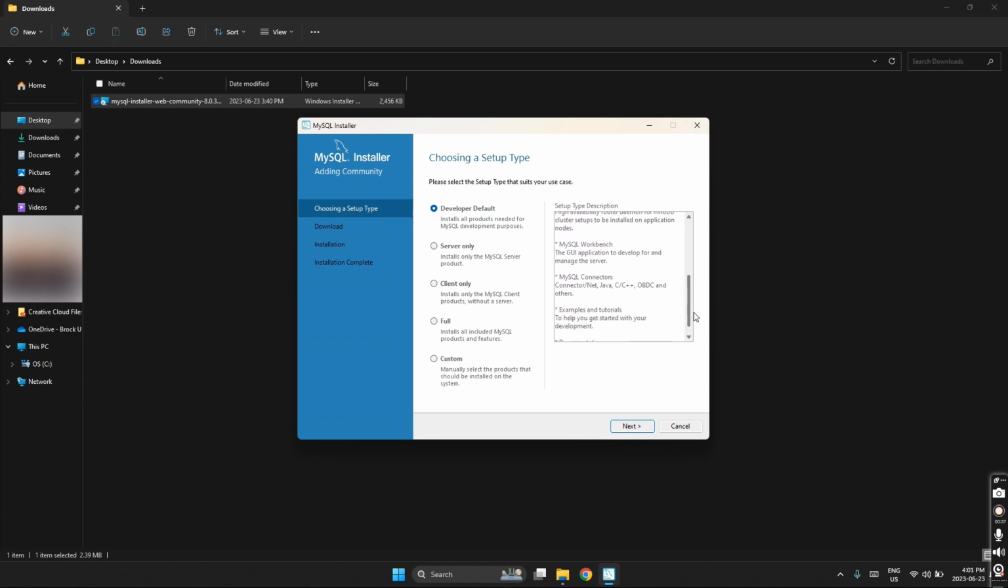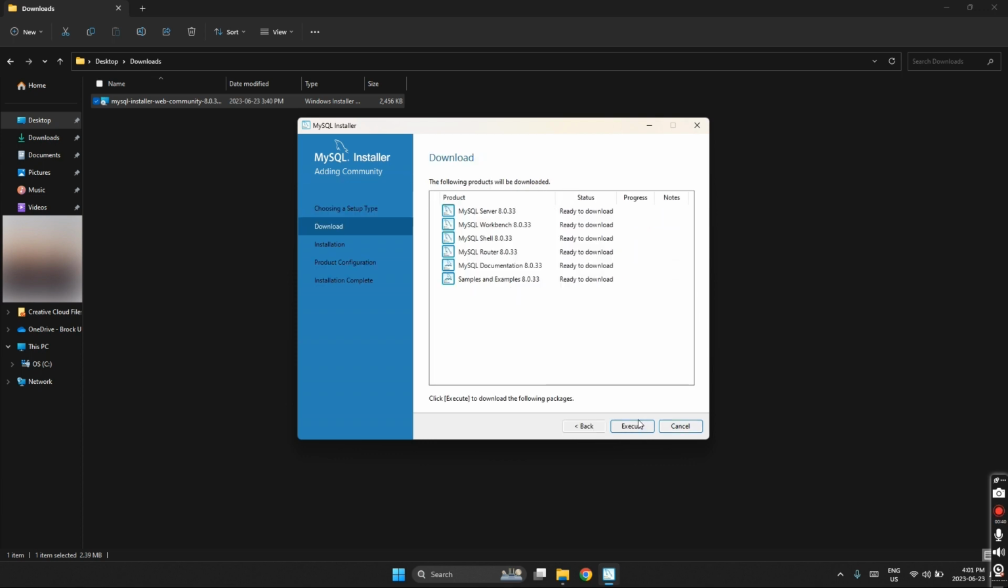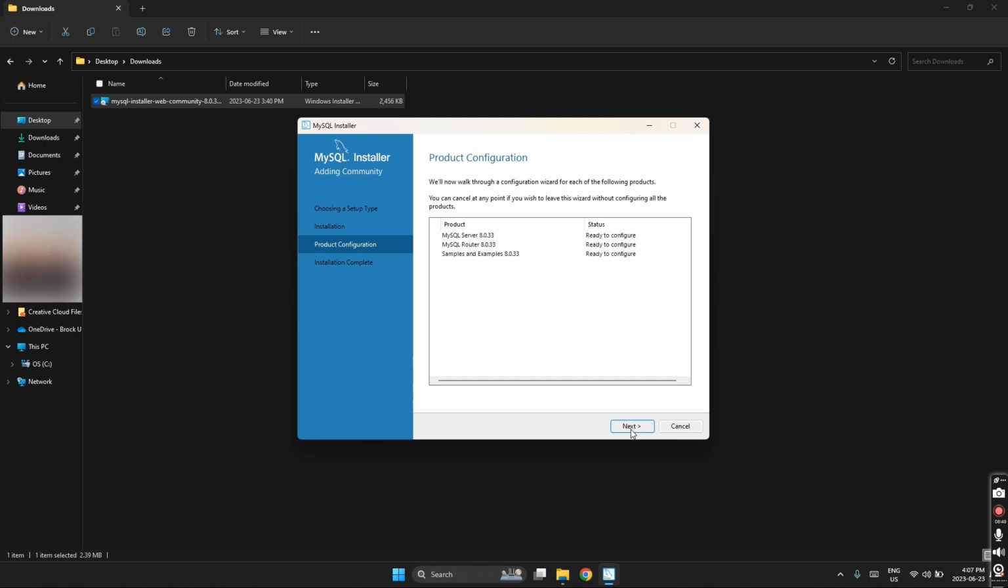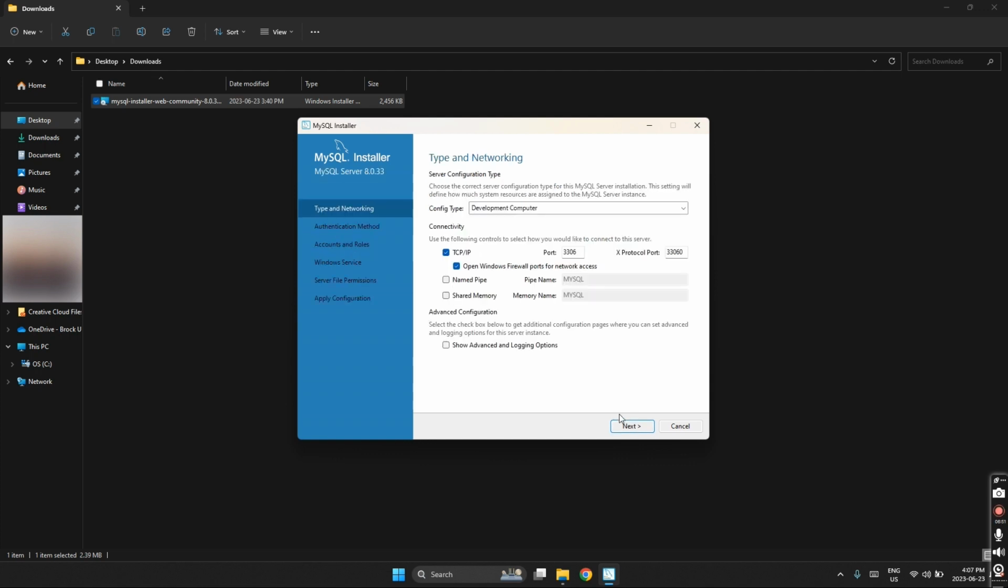For example, MySQL Workbench. Click on next, and it will show that all these tools are ready to be downloaded. Click on execute. Once everything is downloaded, click on next, click on execute. So once everything is installed, click on next, and here we can see everything looks good. Click on next,